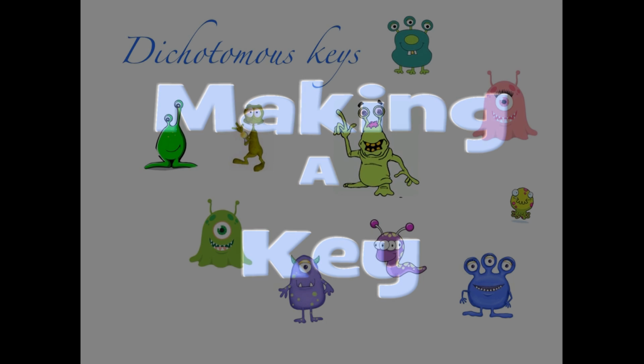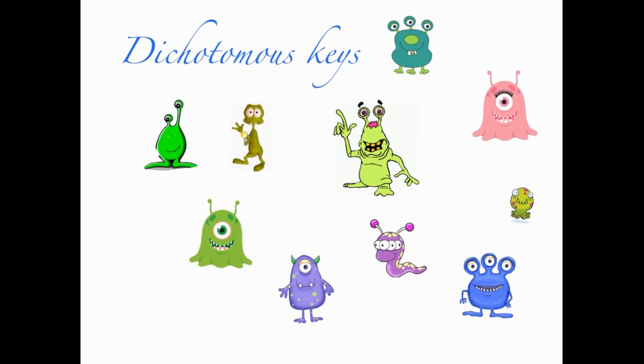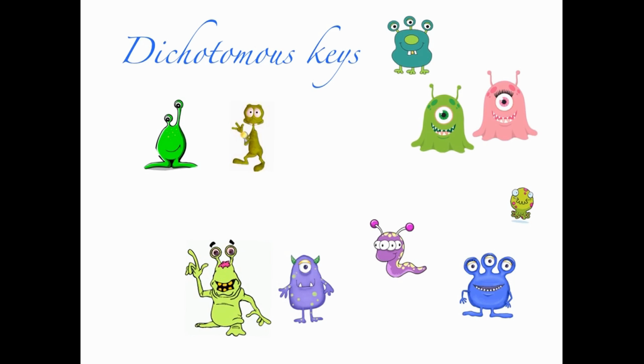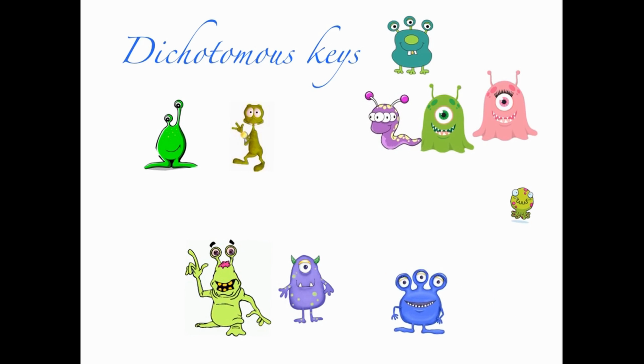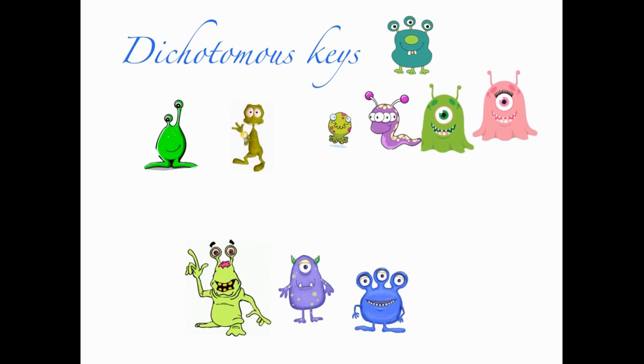Identify species of aliens. There's no right way to do this. Lots of different keys could identify these organisms for us. But we start by dividing them into 2 groups. And I could divide them into 2 groups on the basis of color. I could do it on the number of eyes. I'm going to do it based on whether they have legs or not. So I'm going to divide the ones that don't have legs from the ones that do have legs,